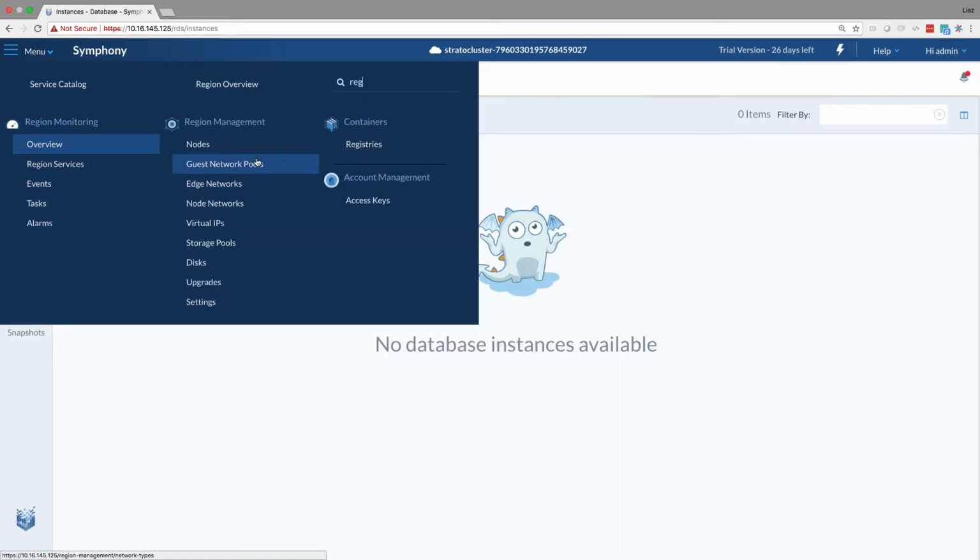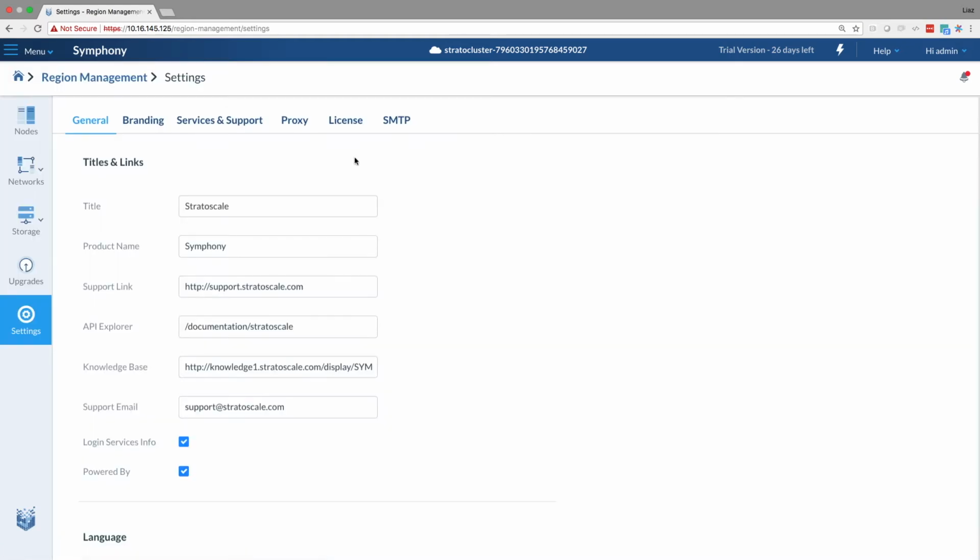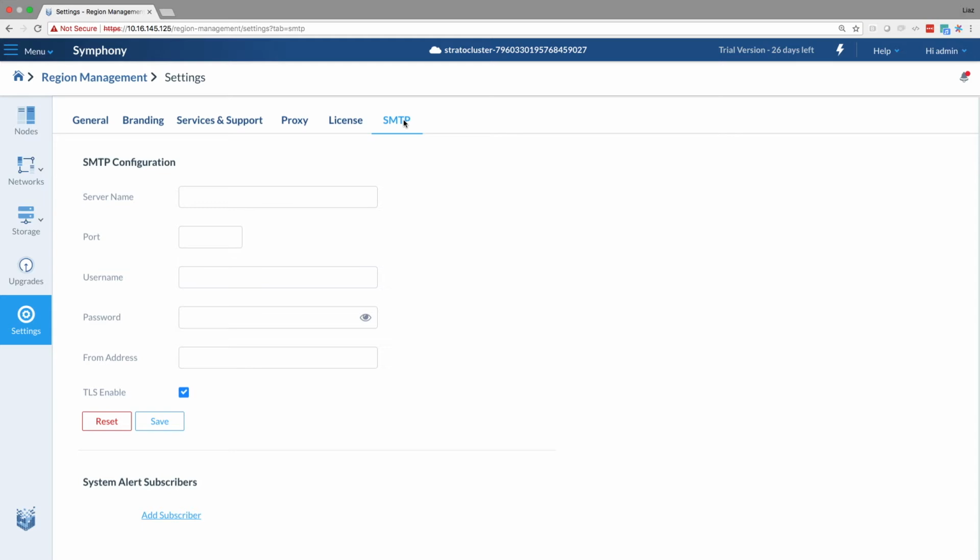Okay, if you go to system settings, it is here. You press the SMTP tab and you go ahead and set your own SMTP servers to get system alerts. Fantastic. Now, if you want to see what happened in the cluster in the past few weeks, months,